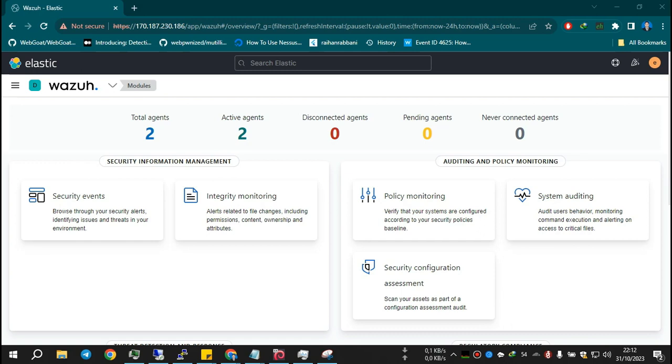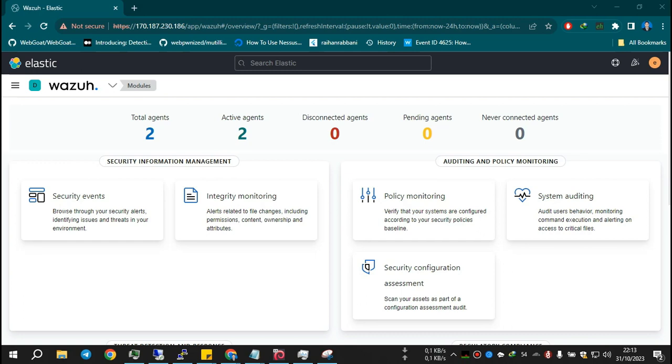In the previous video, I showed you how to install Wazuh with Elastic integration. So in this video, I will show you how to simulate an attack on my Windows server. In this case, we are the red team, and then we check it in the Wazuh server as the blue team. So right now we are on the same side, blue team and red team.